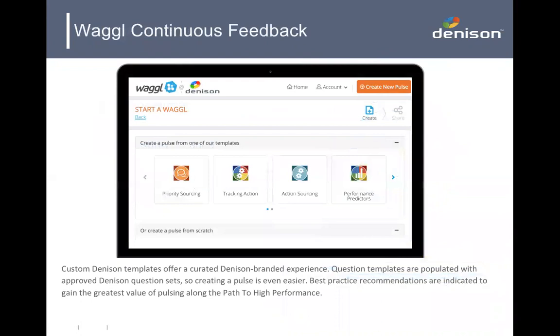We've had a partnership for 3 or 4 years now with the San Francisco-based company Waggl, and we also use this to get continuous feedback through a Pulse platform. And this can be for specific groups or specific parts of the organization.